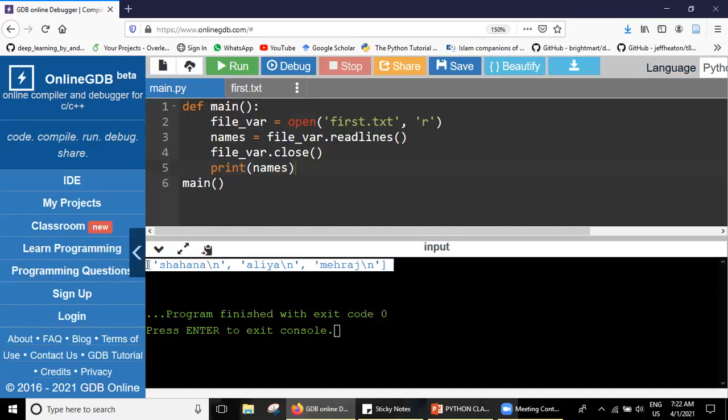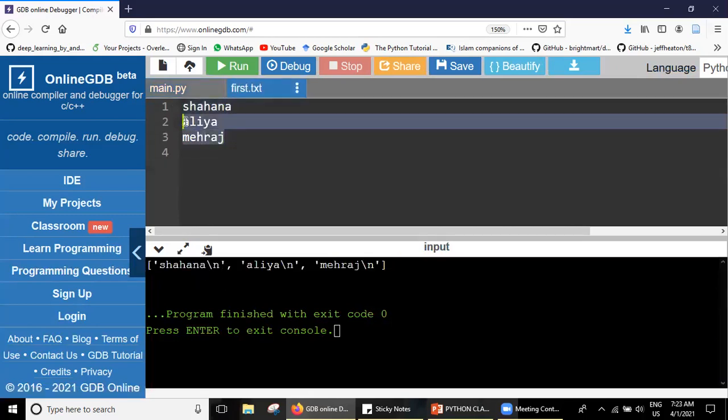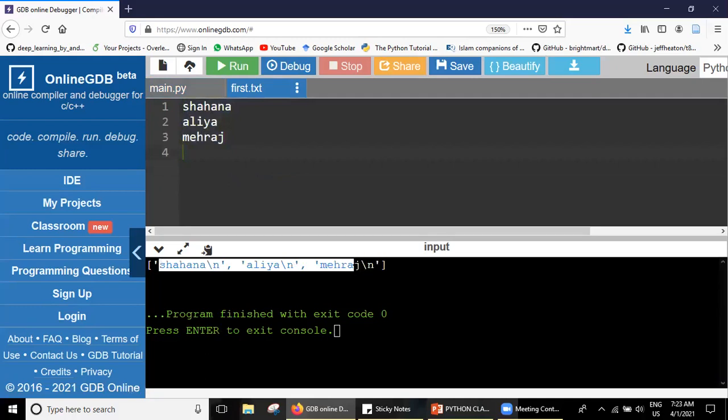I want to access each of the names and print it in the next line as it is there in the file. It has to come like this. I don't want it to come in the form of a list, it's as it is given from the writing method.